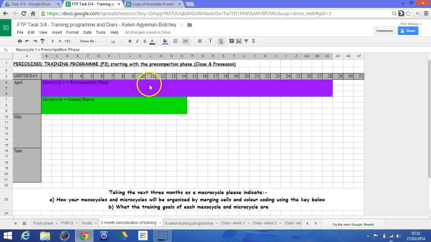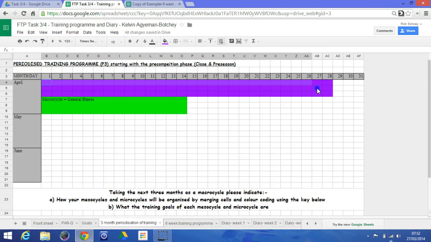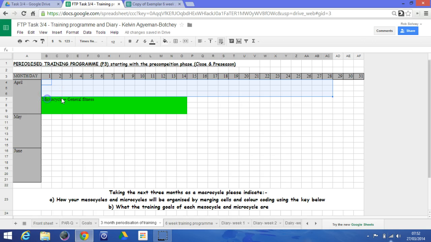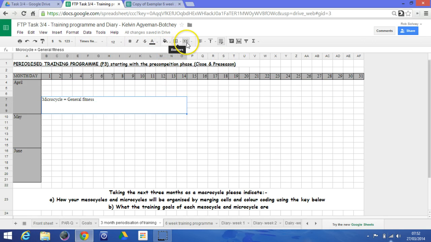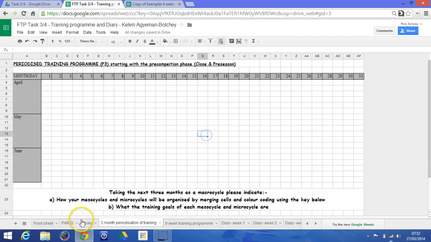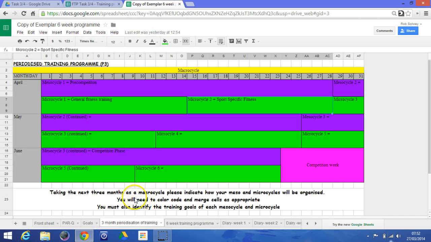So I'm just going to unmerge everything and delete everything from Kelvin's, just so I haven't done it for him. Okay, so going back to our exemplar,